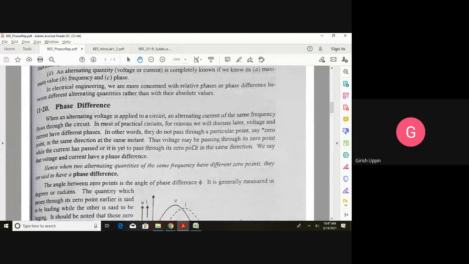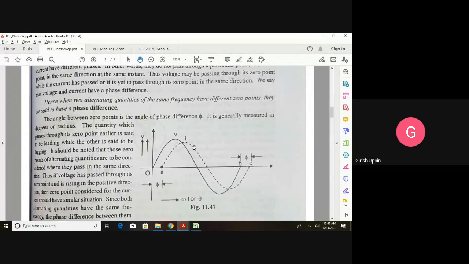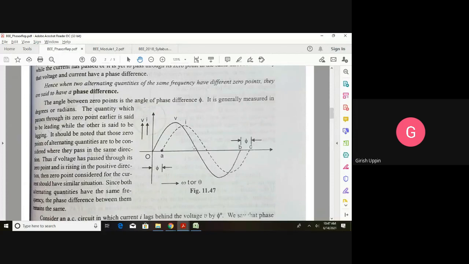So now you will understand phase difference better. What is the phase difference between two alternating quantities? Let us say this is the applied voltage. You have applied a voltage to a certain circuit. We don't know what circuit it is. We have applied the alternating voltage which starts from the reference. So the zero of this voltage and the reference are at the same point. So this voltage has a phase of zero.